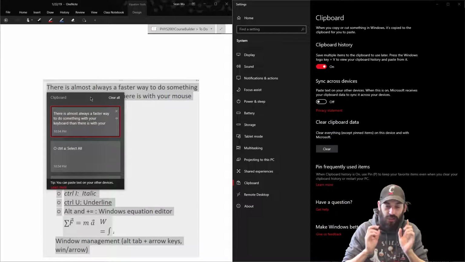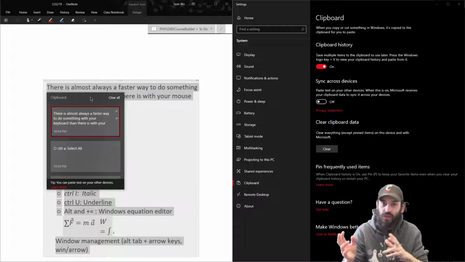Okay, so that's going to be it. Give me some feedback in chat. Let me know what some of the things are that you guys want me to talk about when it comes to workflow optimization. I'm probably going to be talking about OneDrive next, okay, and file management, and how,